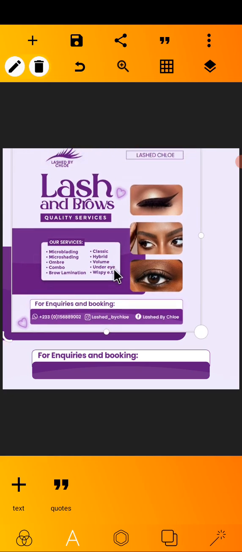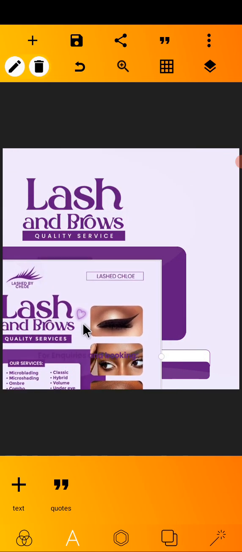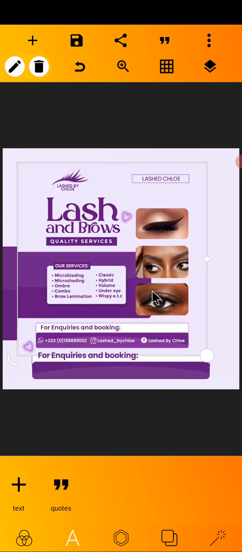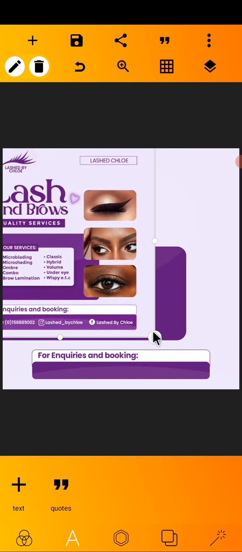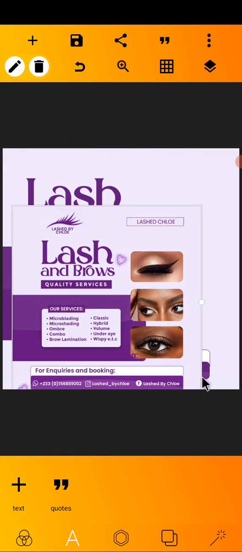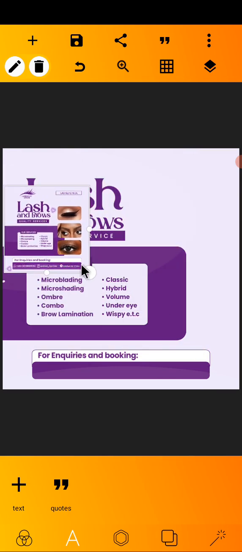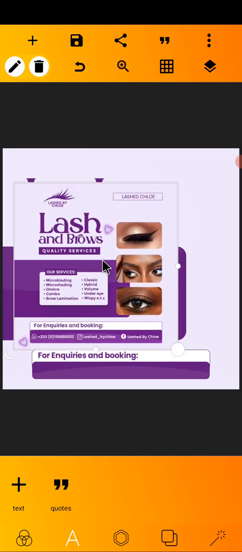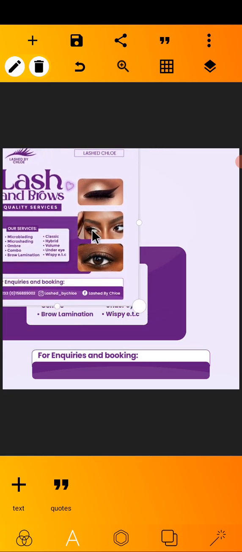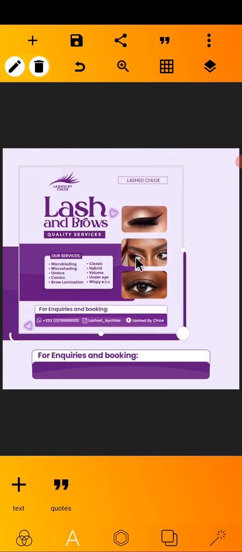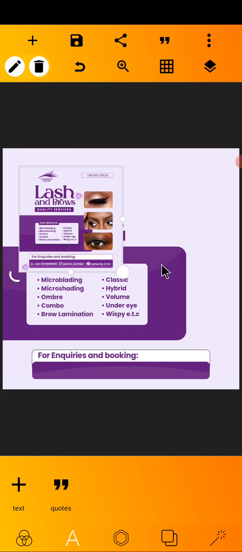Now let's start importing the different models found in our design. I'll scale this down for me to see what I'm doing, because this is our reference. In this channel we create designs from scratch. I show you what you can do and where you can go to achieve a particular design from scratch to finish. So let us import these three